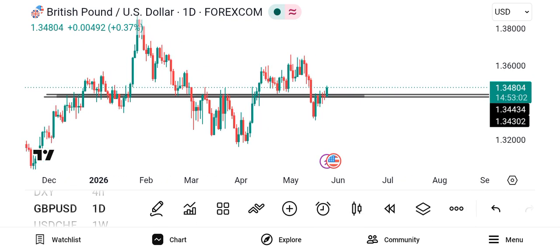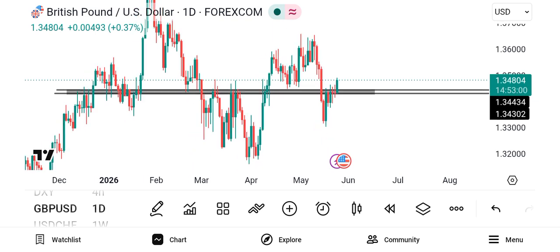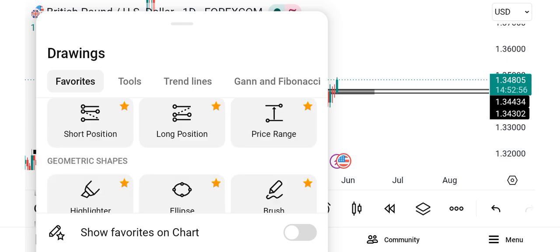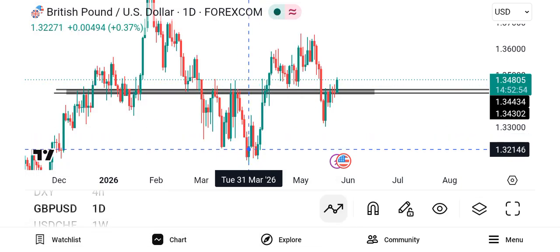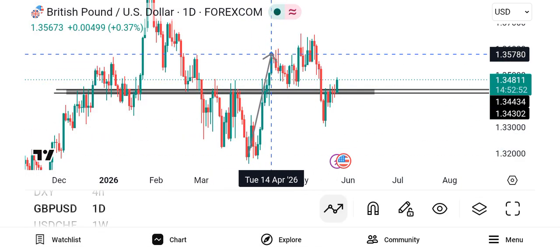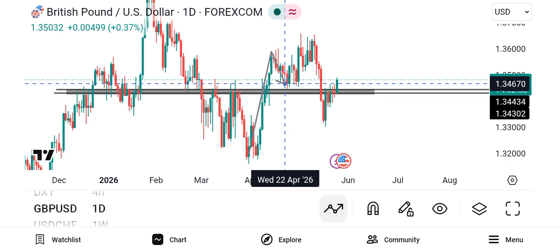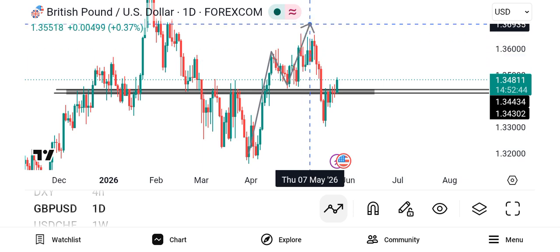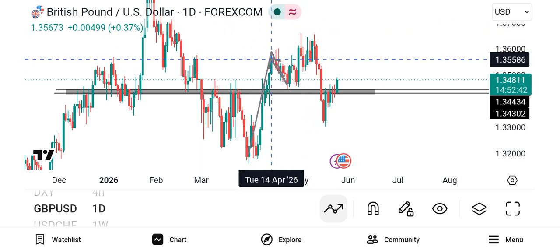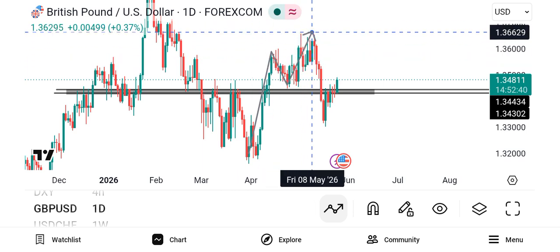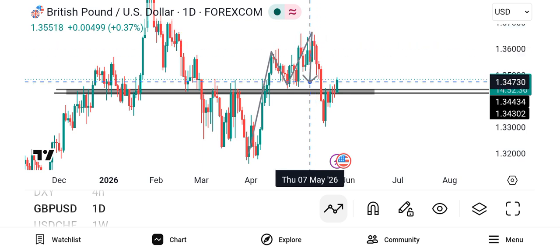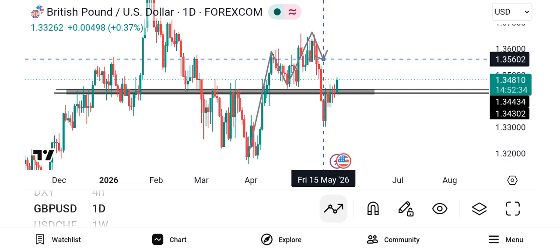So the market broke above this particular zone here. The market broke above, it came back to retest, then it shot up. Did it break to the upside? Yes, it did. It broke this particular high. And what it did next is that it came back and broke this particular high that led to this particular break of a new structure.